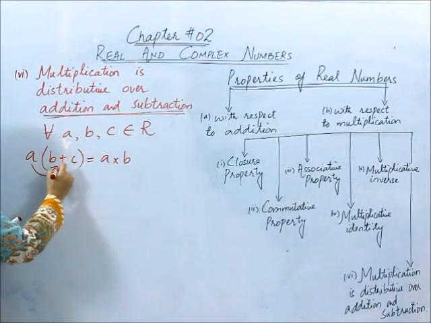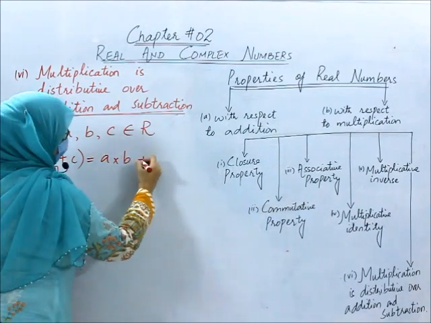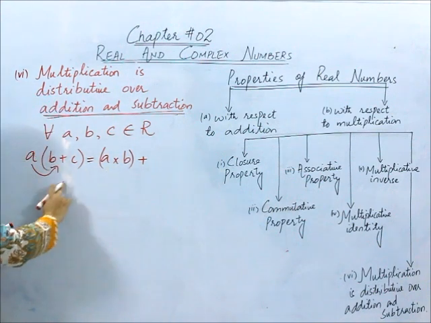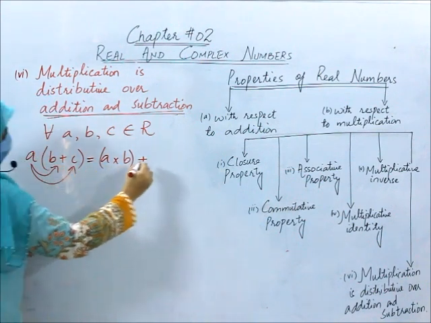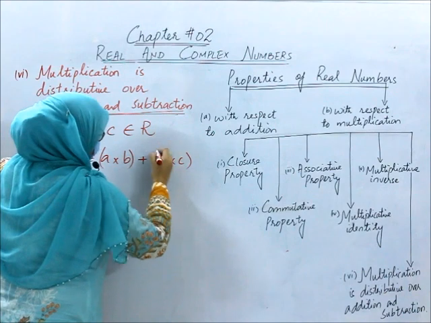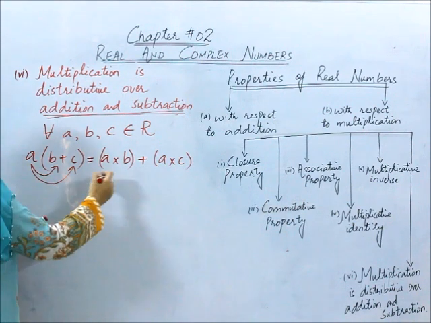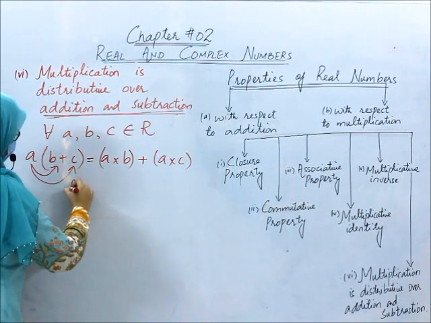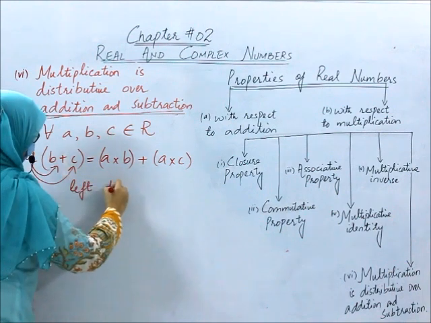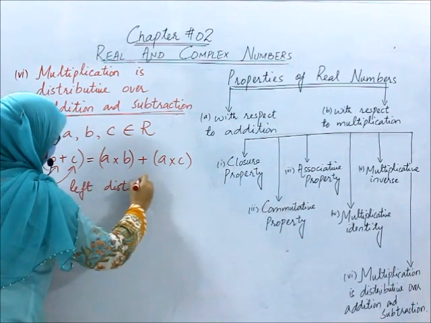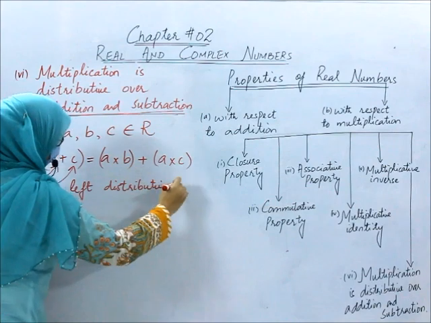We will multiply a with b and then the sign of addition, and then a would be multiplied with c. This is the way how we multiply a number from the left side of a bracket. So this is called distributive property of multiplication over addition, and we will call it left distributive property